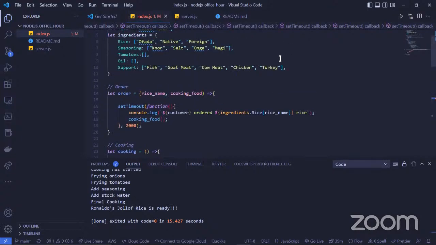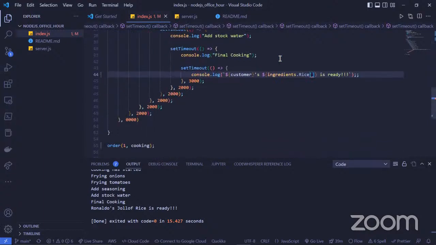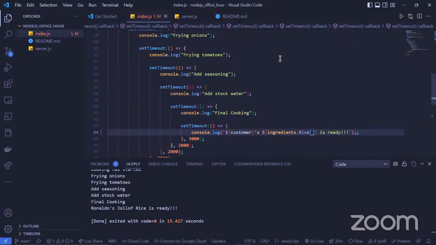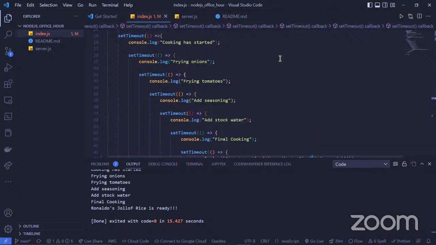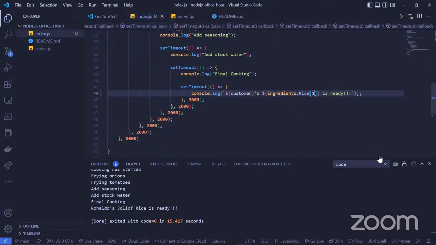It's out of scope, so you can just say native. You can just say one, like hard coding.